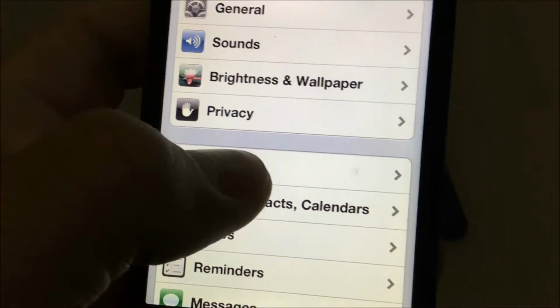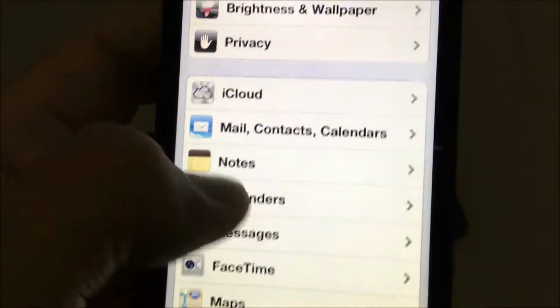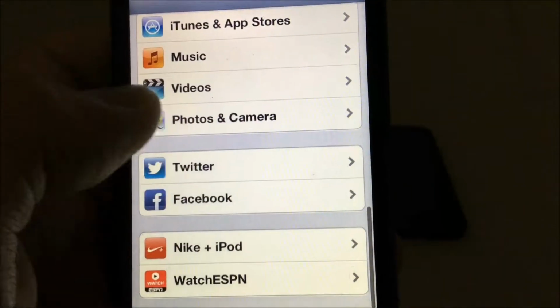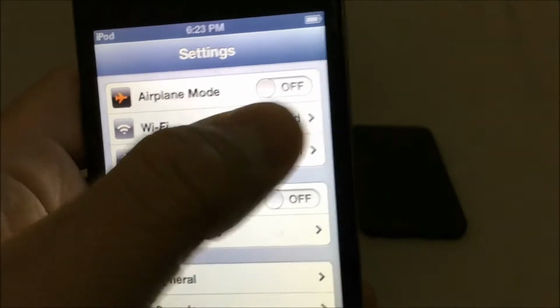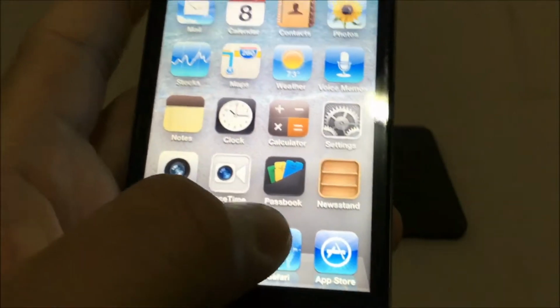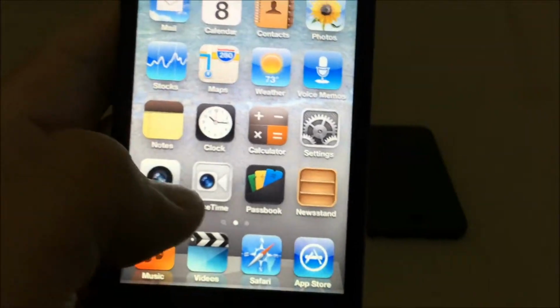This is the iCloud. The fourth generation has iCloud. There's the messages, FaceTime, and that's all I can tell you about. This is the airplane mode here or anything, and that's all there is. You could swipe it right here and go to camera. If you want to take a camera or film some other videos you want,